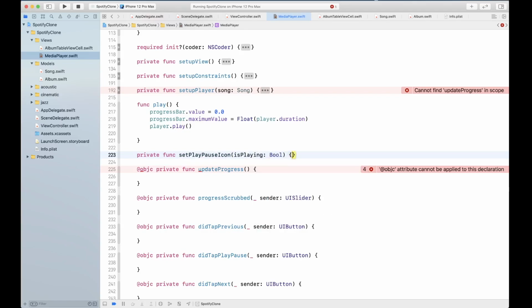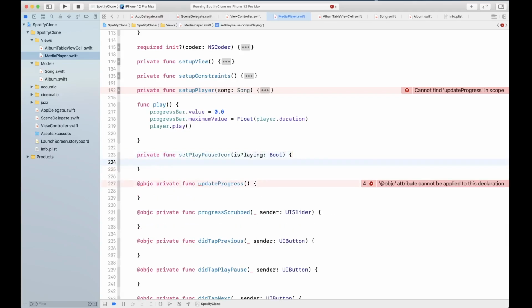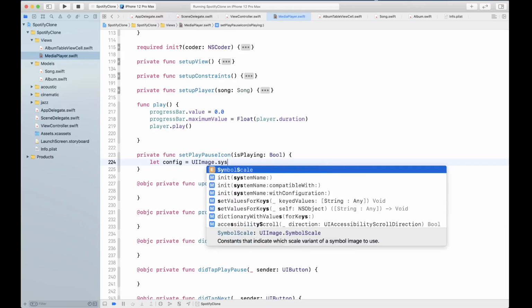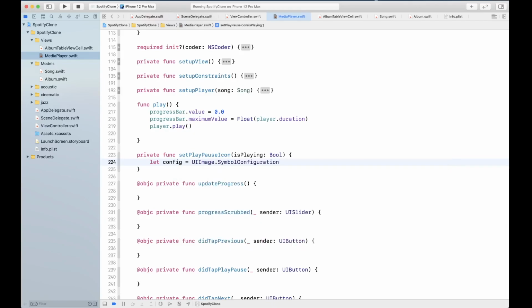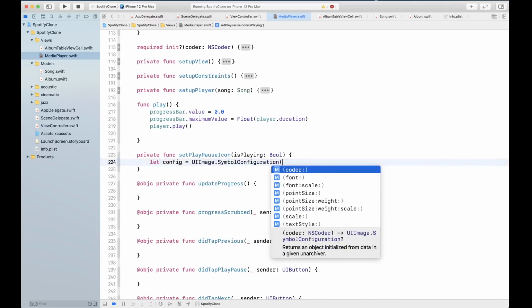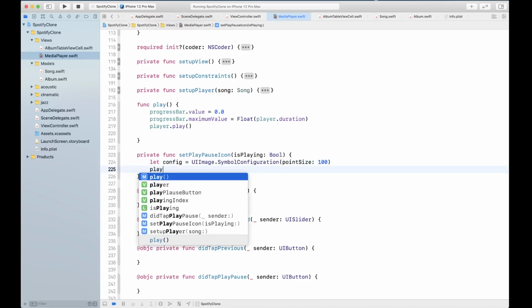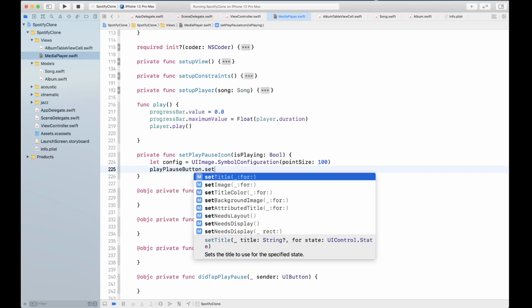It's basically simply going to set the play pause button's image. So we're going to create a symbol config, our symbol configuration with point size as 100, play pause button dot set image,